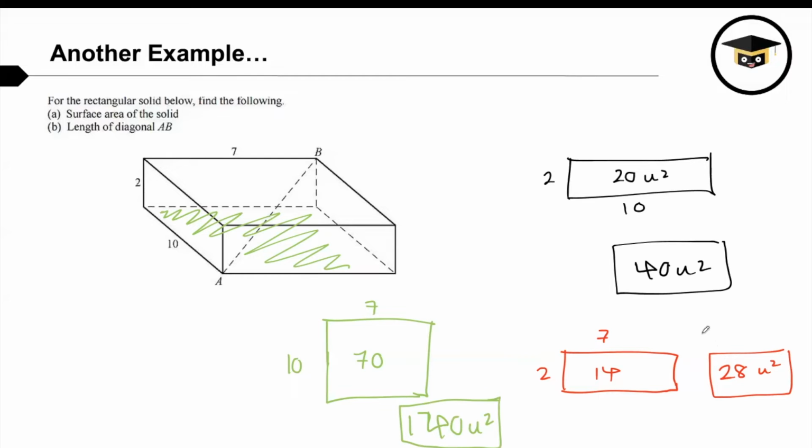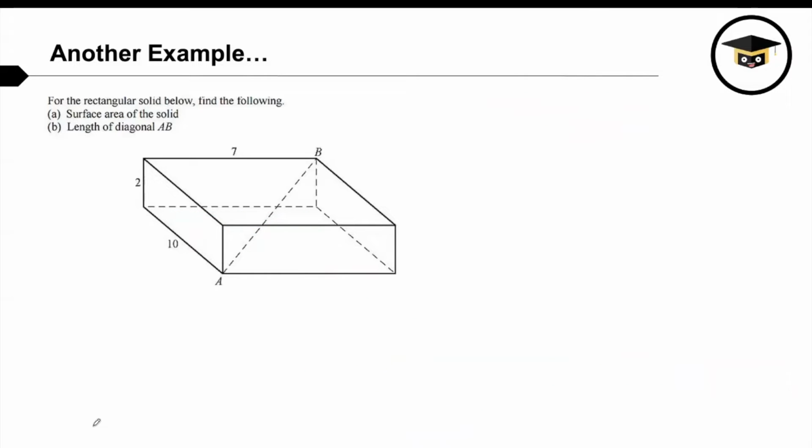So to get our final answer, the surface area of the solid, we just add the black faces plus the red faces plus the green faces, which is going to be 40 plus 140 plus 28. And that gives us a total of 208 units squared. So part A really didn't have anything to do with Pythagoras, but now looking at part B,